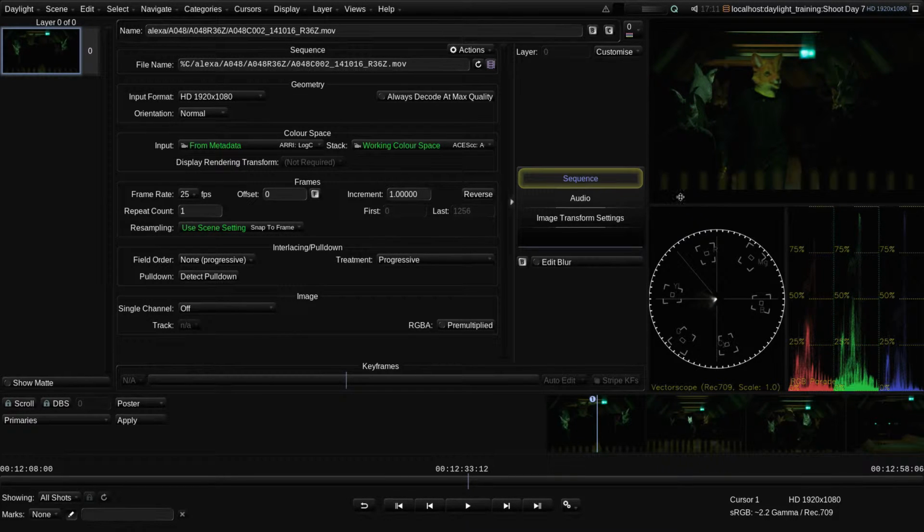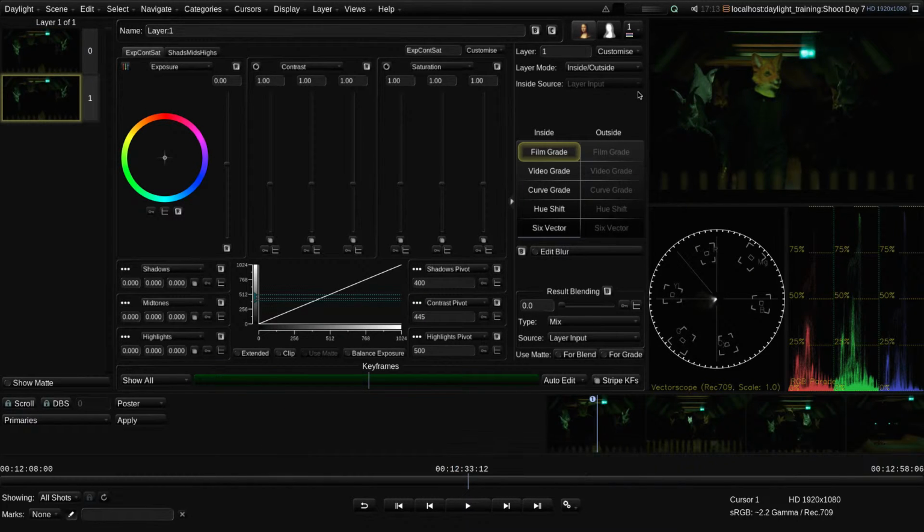Okay, so we're now viewing the first shot in the daylight scene. As you can see, this is quite a dark shot as it was filmed at night, so I need to brighten it up a bit. I'll start by adding a grade layer. If you have a hardware control surface, such as the Filmlight Slate grading panel, then there are dedicated buttons for adding new layers. However, you can also add a new layer using the Add Layer button in the Layer Manager drop-down here, or you can simply press P on the keyboard.